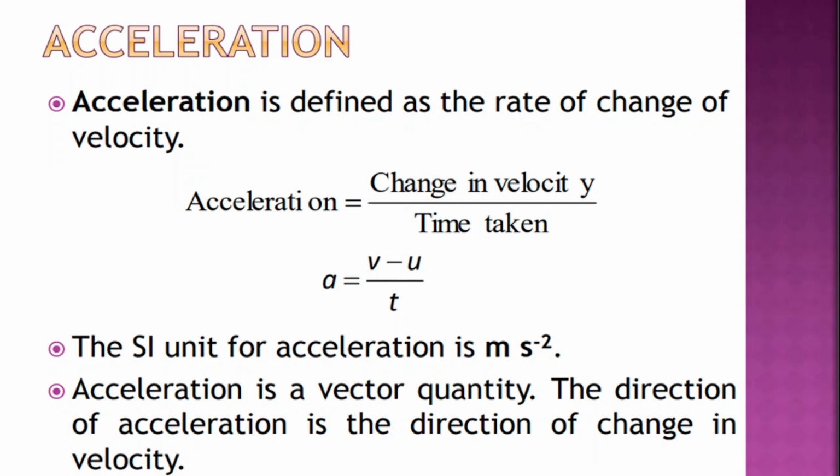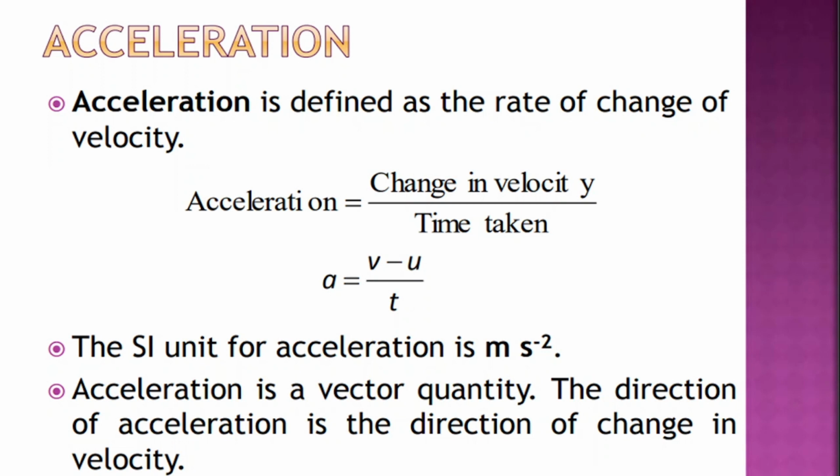And if we are going to find the change in velocity, that can be calculated by subtracting the initial velocity u from the final velocity v. So v minus u will give us the change in velocity, and when we divide the change in velocity, that is v minus u, by time, this is rate of change of velocity, and by definition this is acceleration. The SI unit of acceleration is meter per second square, that is ms^-2, and it is a